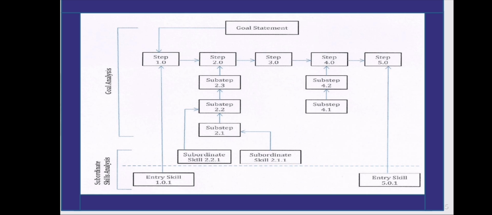For example, if you identify 3 subordinate skills that are needed to perform step 2.0, they would be numbered 2.0.1, 2.0.2, and 2.0.3. If you identify 3 subordinate skills that are needed to perform substep 3.1, they would be numbered 3.1.1,